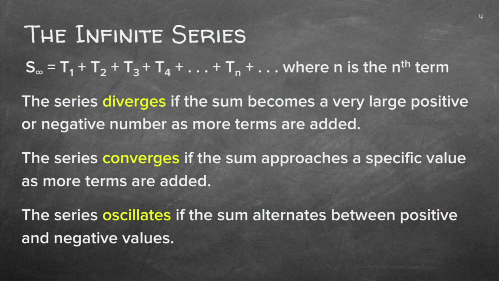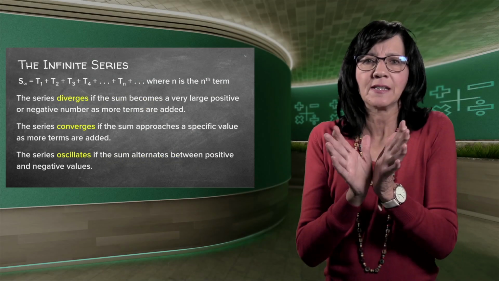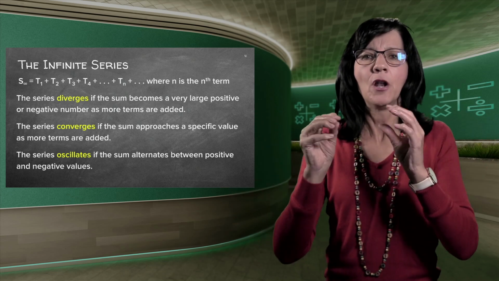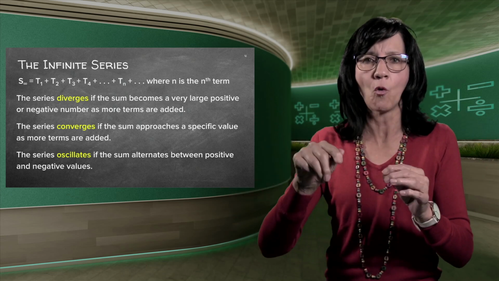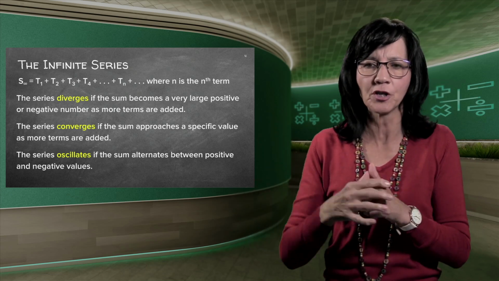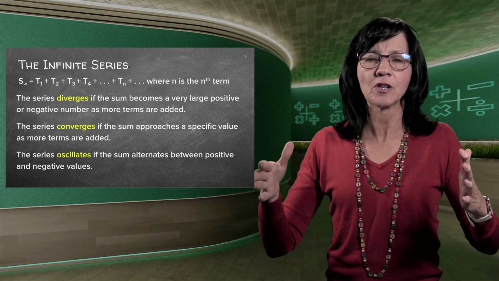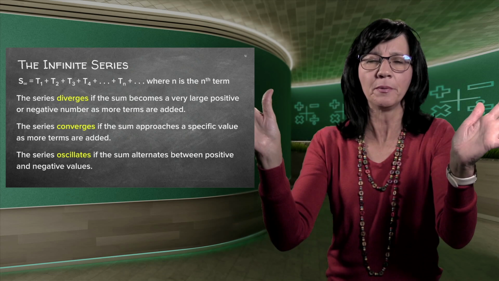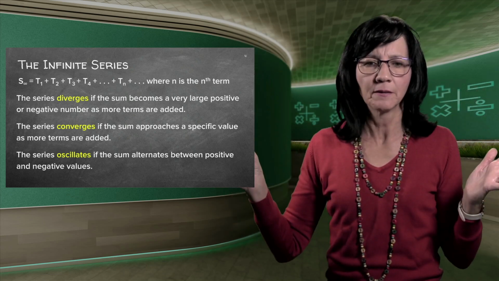Now, there are a few words that you need to know. These yellow words: diverge, converge, and oscillate. I always remember diverge like that: it goes out. So if you have large numbers like 2, 4, 8, times 2 is 16, times 2 is 32, and you need to add those, your series is going to diverge. It's going to become bigger and bigger and bigger until infinity.